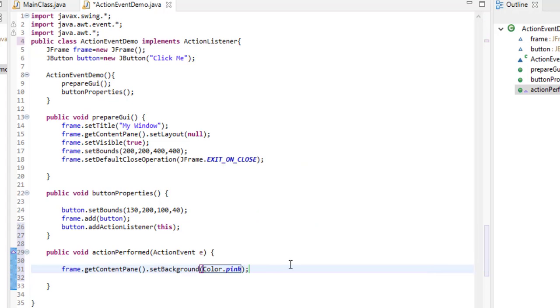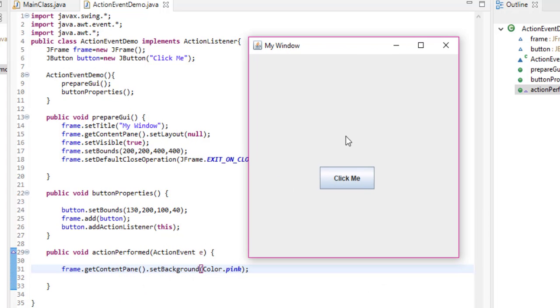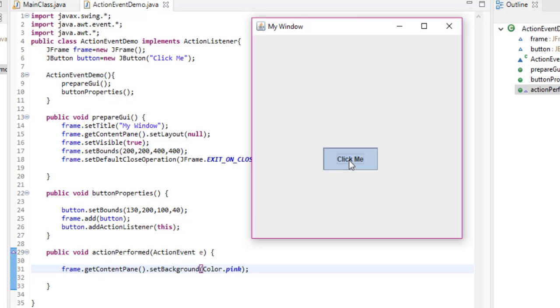Okay. Now let's run our program and see what happens. Now as you can see, when we have clicked on the button, the background color of the JFrame has been changed. Okay.